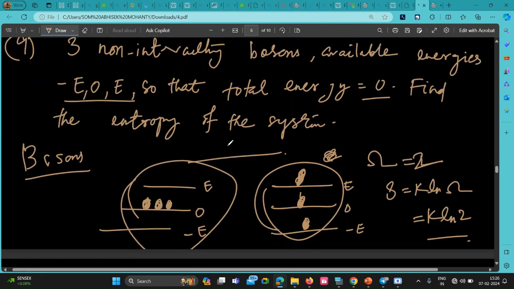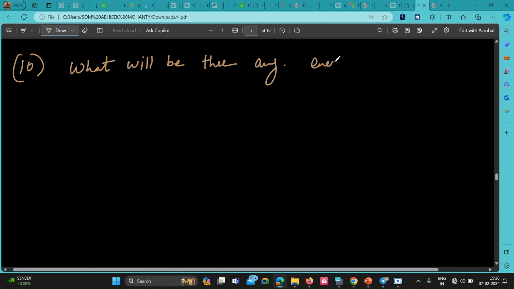And the last question, question number 10. What will be the average energy per particle